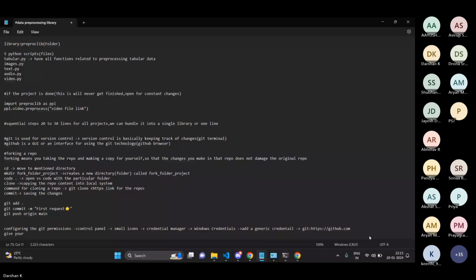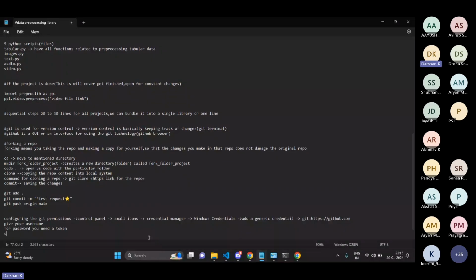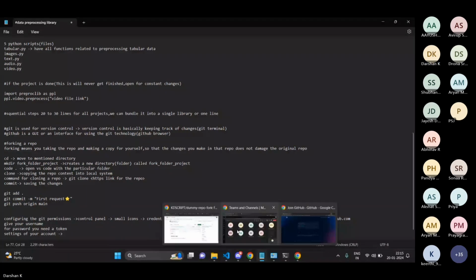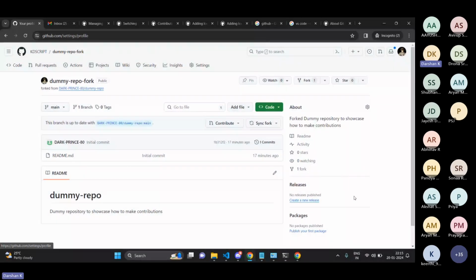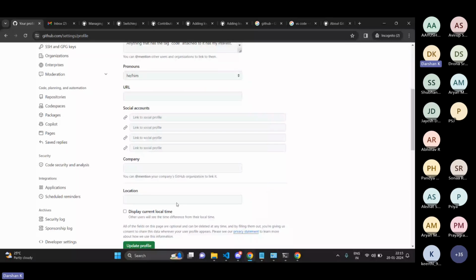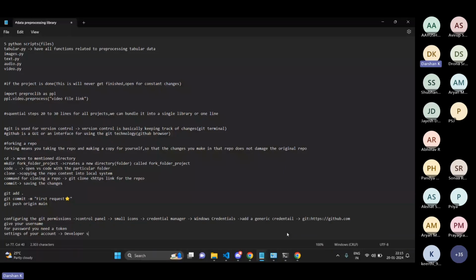For password, you need a token. So what I mean by token is, you go to the settings of your account. So first I'll go to the settings of my account. So this is my account. I will go to the settings here. There, if I scroll down, I will see developer settings. Okay, so developer settings, and if I go to developer settings,